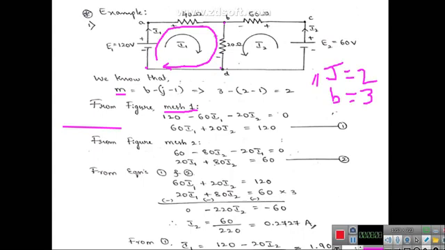I'll take them together: 60, minus 60 into I1, because I1 is flowing in these two resistors. And similarly this 20 ohm carries not only I1, it also carries I2, and the directions of I2 and I1 are the same, so this is also minus 20 I2, that is equal to 0. So if you rearrange, 60 I1 plus 20 I2 is equal to 120, which you can call equation number 1. Similarly you can write the equation for mesh 2.